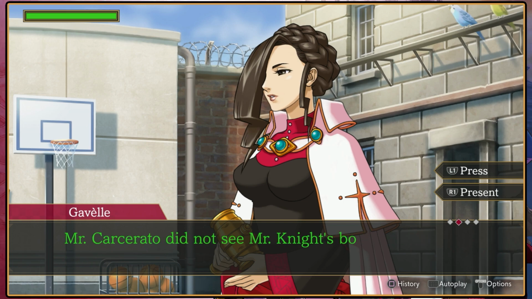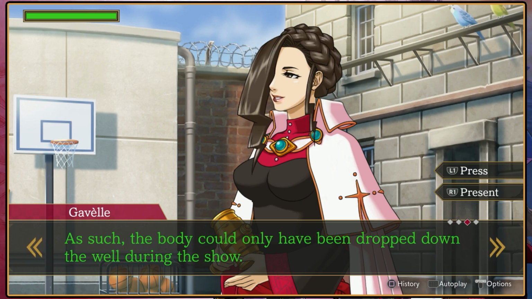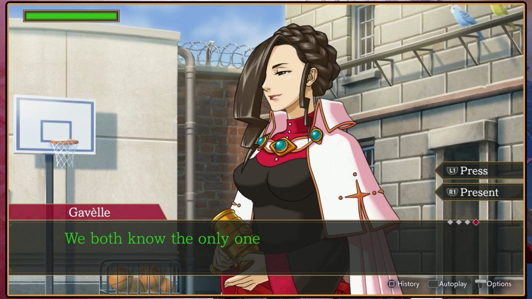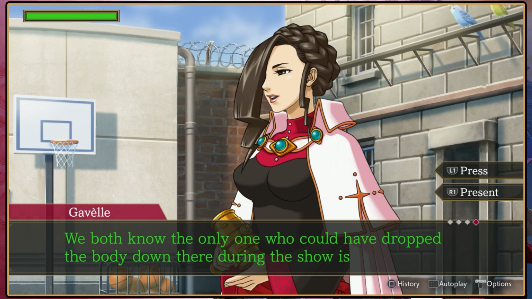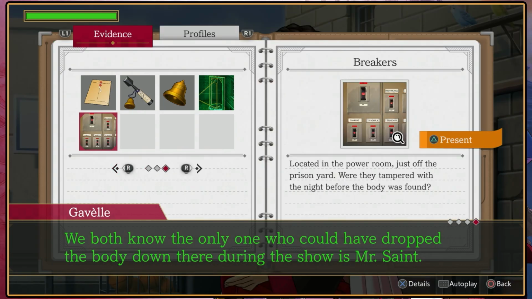It's her theory. Mr. Carcerato did not see Mr. Knight's body. We're not contesting. We believe that to be true. As such, the body could only have been dropped down the well during the show. We believe that to be true. So that means the only thing we can present to is this. Now, the question is what we're presenting, and if it's involving the show...